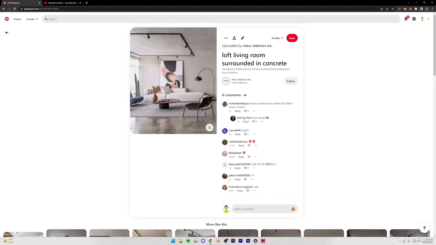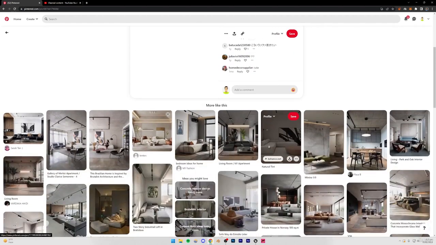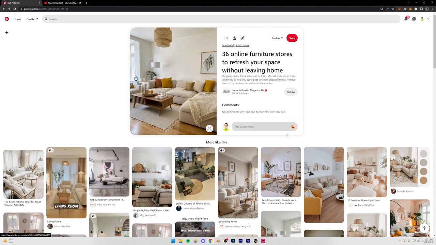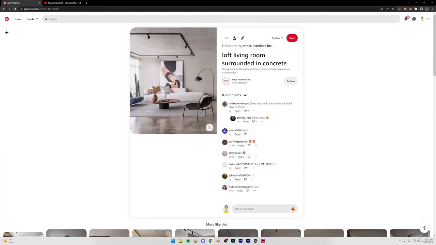Alright, so now we're going to be making an interior, and the main thing for the interior is for you to get a very good reference. So I just found this reference right here, and I'm going to be making the artwork inspired by this reference. You can obviously choose any reference which you want, but I want you to spend a lot of time on finding the reference which you want your